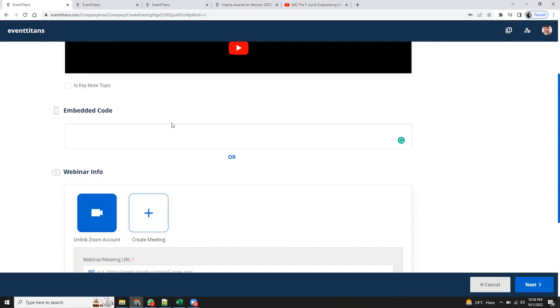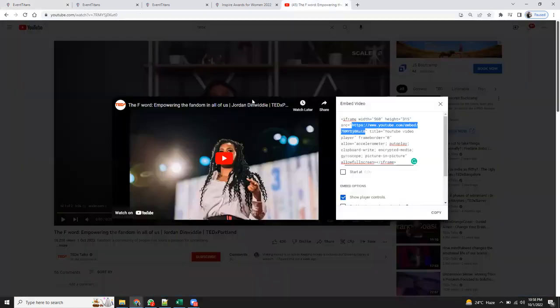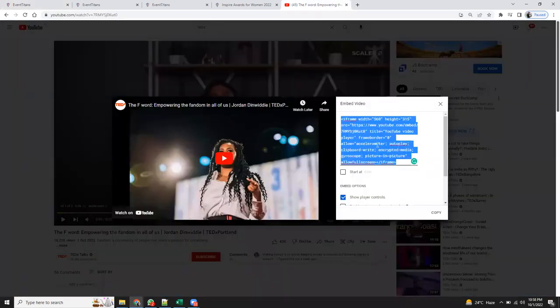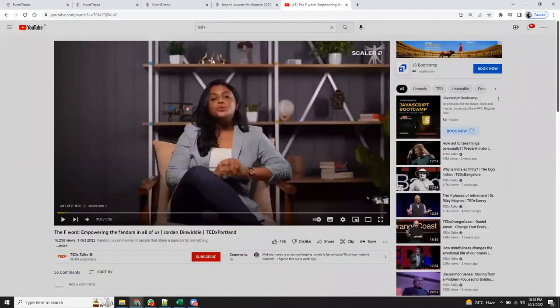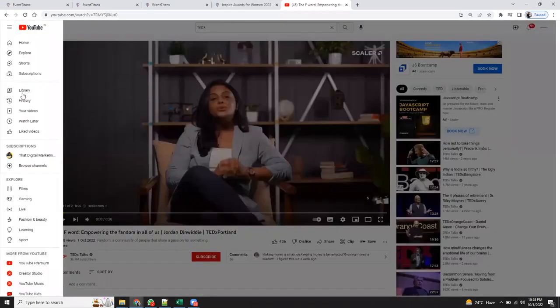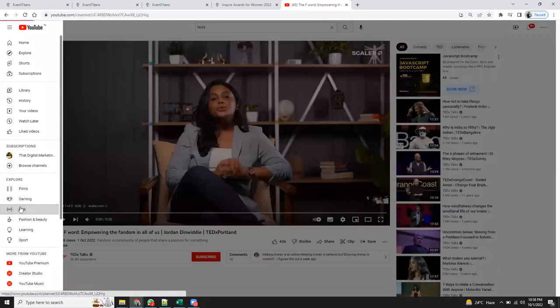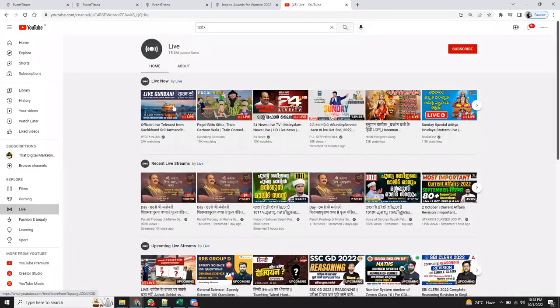The second place is the embedded code. Embedded code can be from any of the platforms. It can be Restream. It can be the same embedded code right here. Okay, the embedded video code, that is a frame. Or you do have a YouTube live session going on, one of your live meetings going on. You can just go ahead and